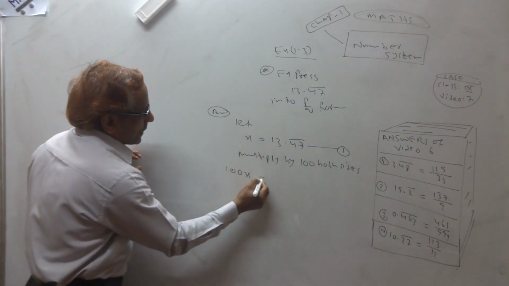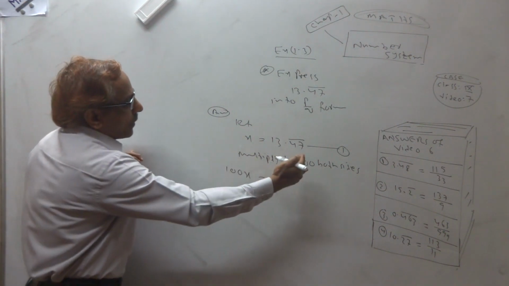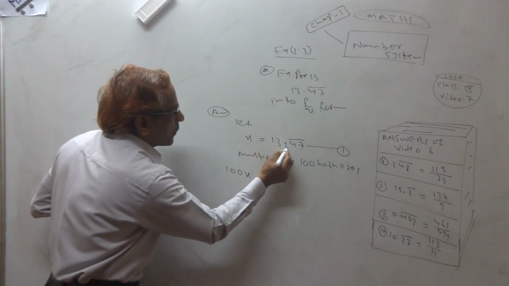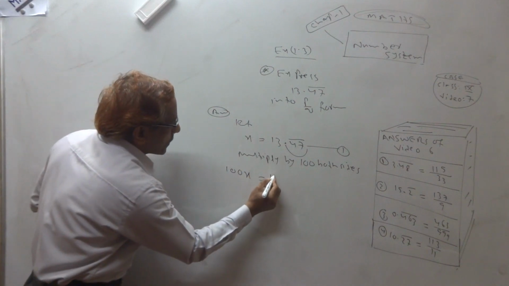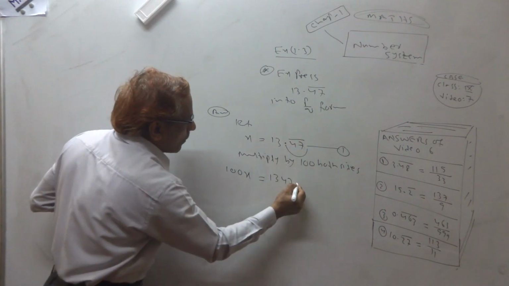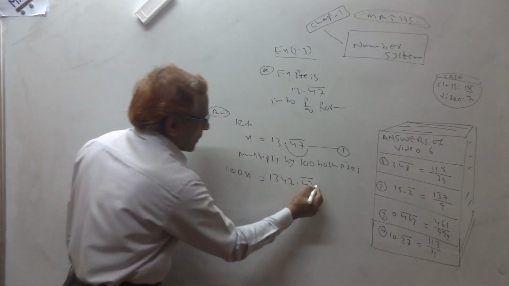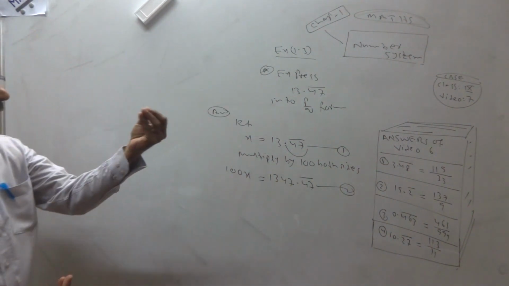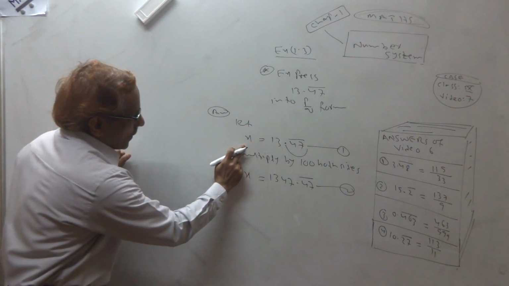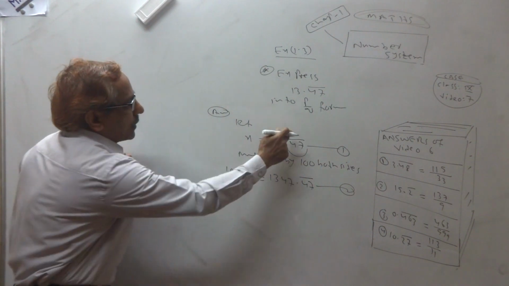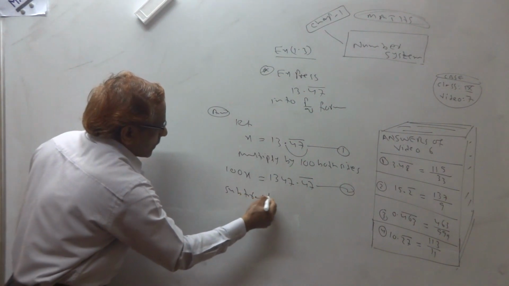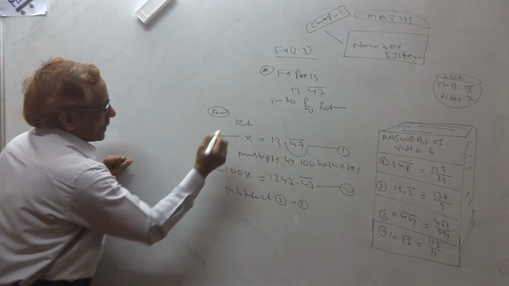So it becomes 100x. See, directly when you are multiplying by 100 on both sides, it becomes 100x. Here this decimal will be shifted 2 places. So it becomes 1347.47 bar. So we take 3 steps to complete the answer. First you suppose by x, multiply by 100 because under bar there are 2 numbers, you get this. Now subtract. Subtract second minus first, this minus this.